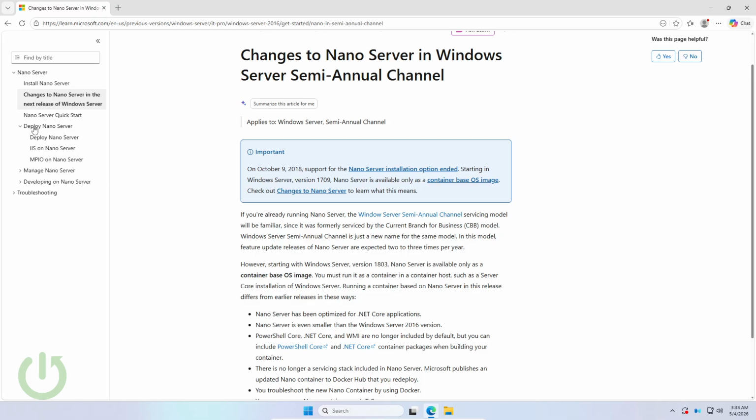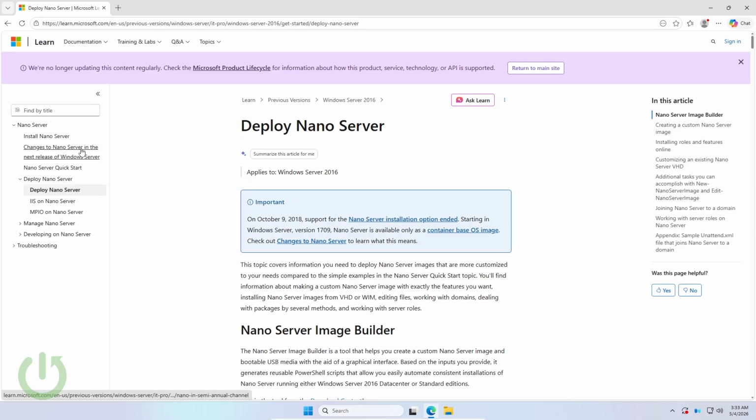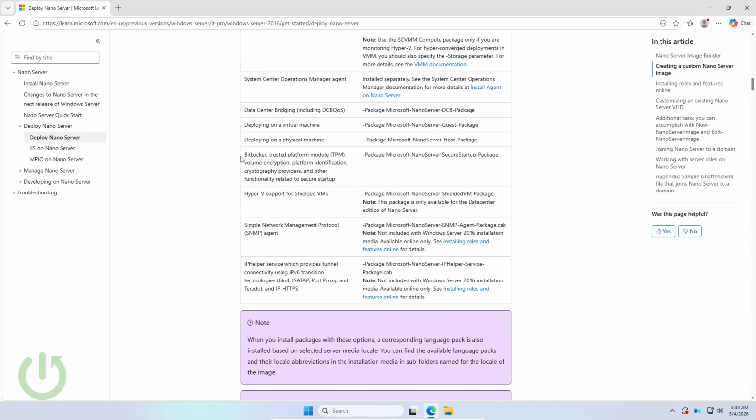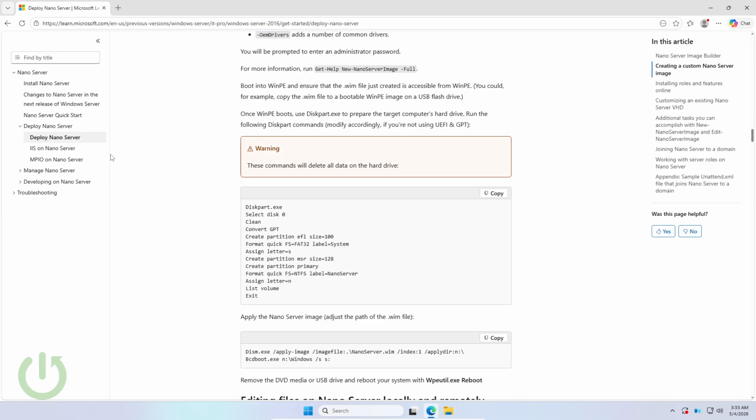And now, in terms of deploying Nano Server, I think it is in this case not accurate, because it applies only to Windows Server 2016, as you can see. But we also have Windows Server 2022 and Windows Server 2025, and in these later versions you have to use the container operating system image. In that case, in Windows Server 2016, I think you can still use these commands,